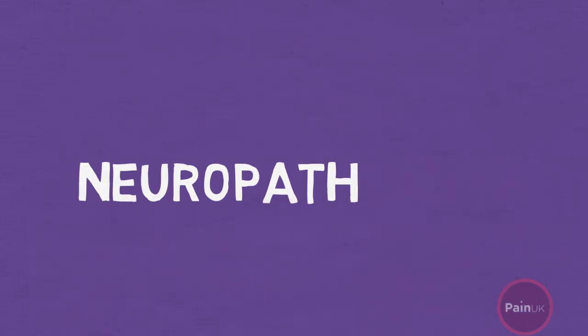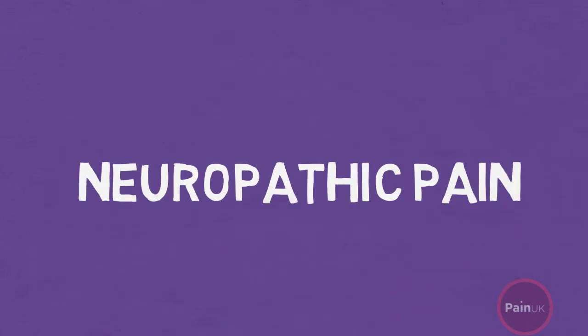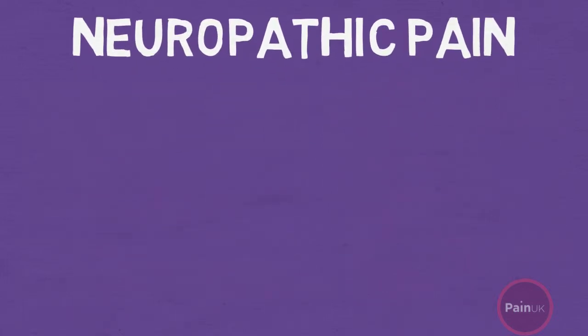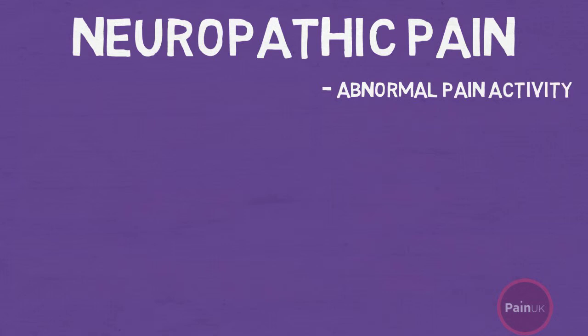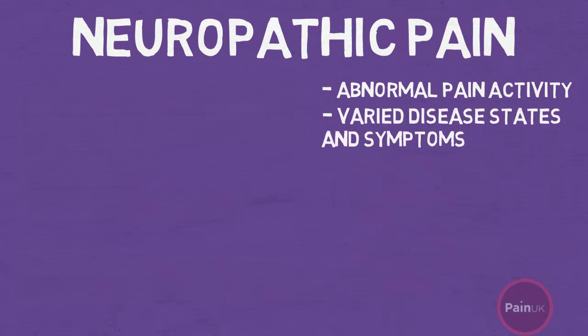Similar to chronic pain, neuropathic pain arises from an underlying disease or condition at the nervous system. There is abnormal pain activity in both the transmission of pain and response to pain. Patients will present with a variety of disease states and symptoms. Common underlying mechanisms of neuropathic pain include nerve remodeling after damage, whereby new sensory connections are formed and causes abnormal